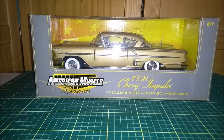In this video I'm going to show you this 1958 Chevy Impala, which is the first year of the Impala and the year in which Bel Air is no longer GM's top model, but the Impala is